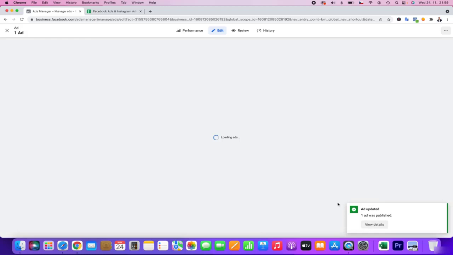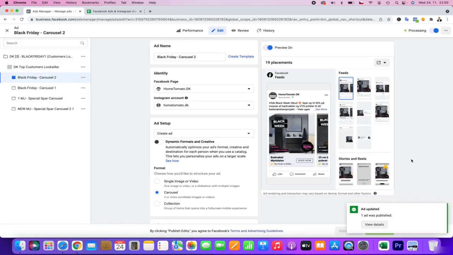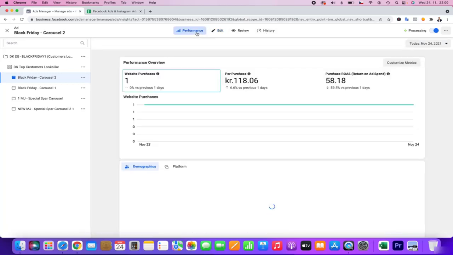Now the interface works a little bit another way. You can also see the history, which is quite good. You can go back. You can also see the performance, so you can see how your ad is actually going.